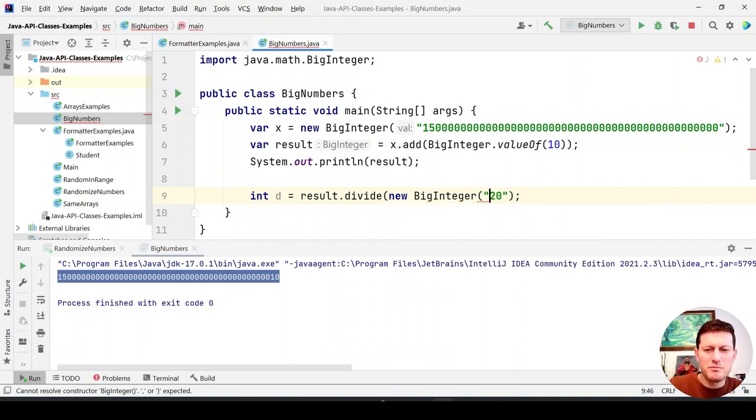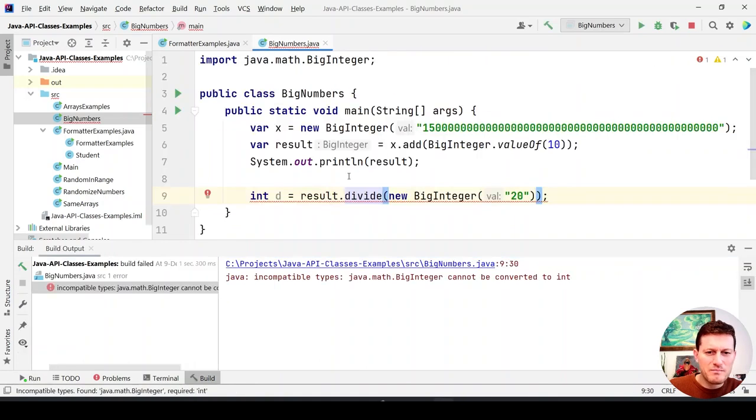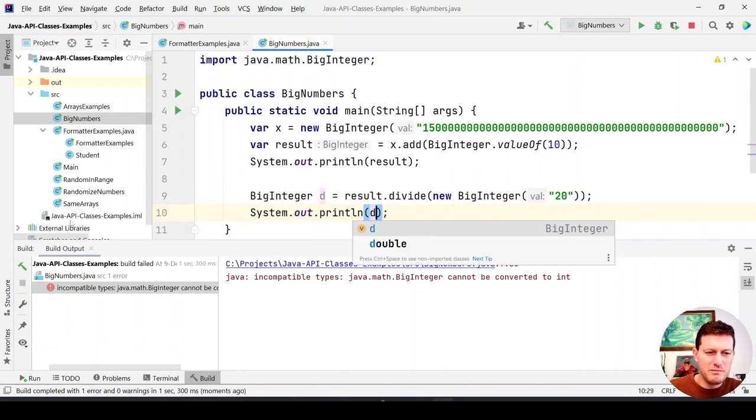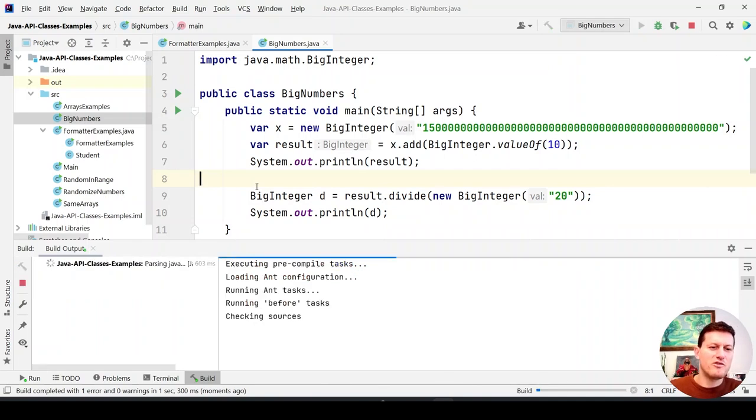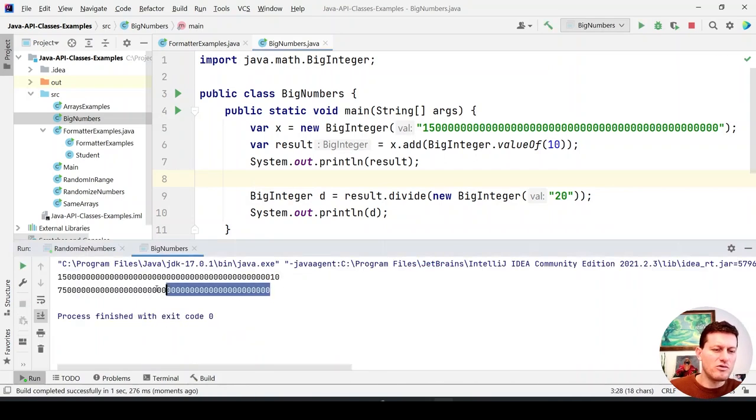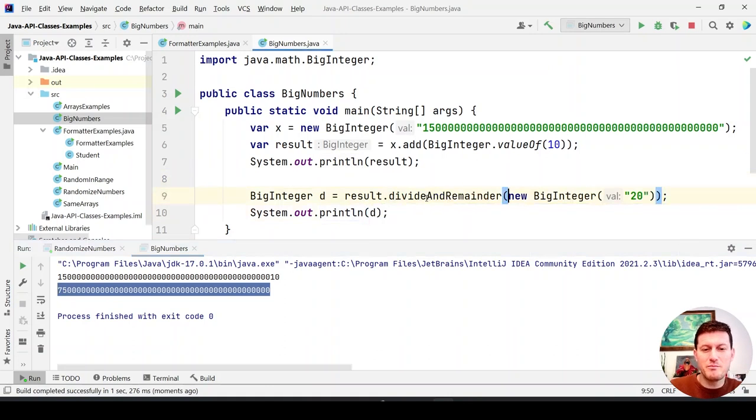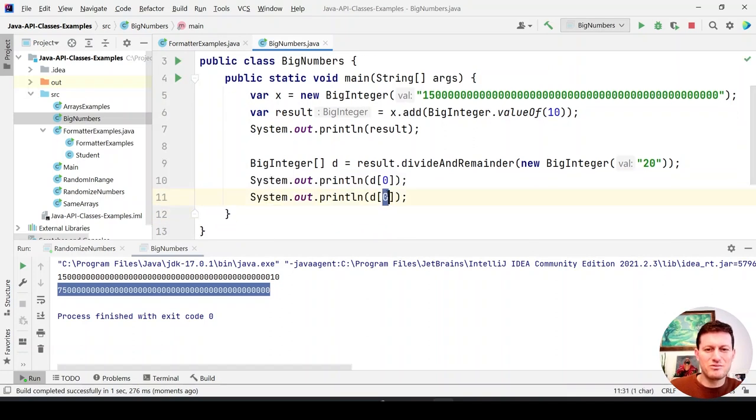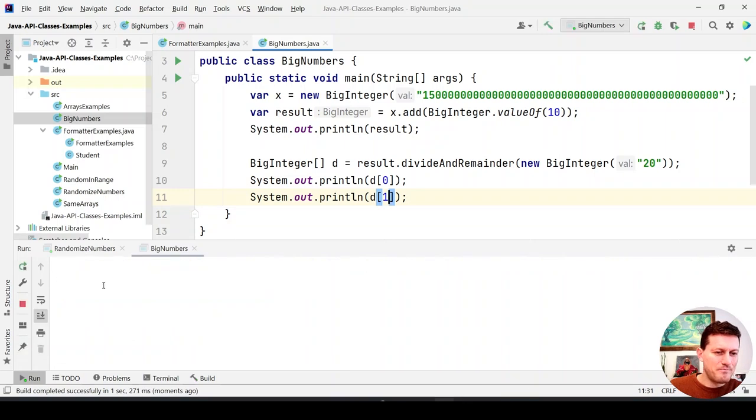BigInteger, and this will be integral division. It will give me just the... it's not int, it's BigInteger, and I can print this d. This will be an integral division, and the non-integral part will be lost. And I can say divide and remainder, and it will return a pair of two numbers,